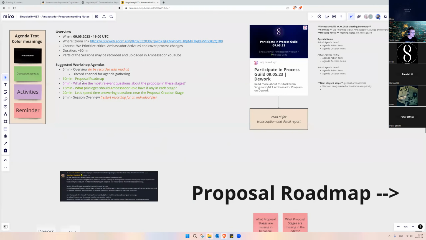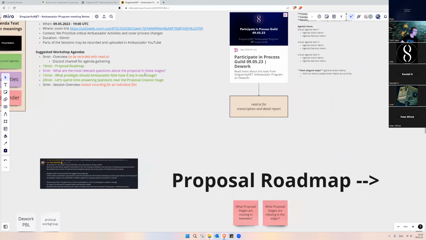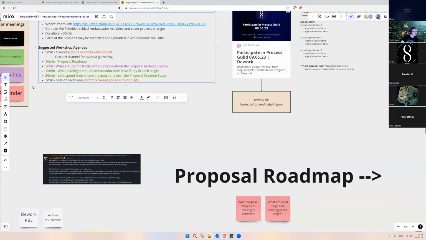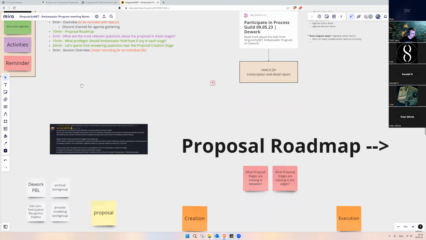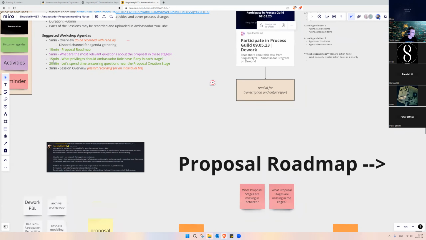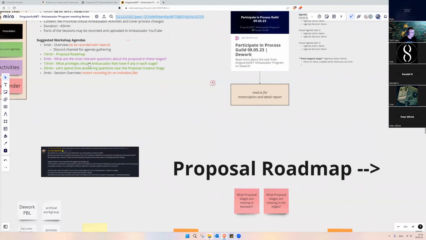So in the first 10 minutes, I'm going to basically share about the board itself, what the proposal roadmap means, and then we dive into the most relevant questions about the proposal in these stages. In the discussions we also ideate on a few things, but with the purple line, it's an activity where we take time off and silently brainstorm questions. Then we look at this and have around a 50-minute discussion on what privileges the ambassador role should have, if any,